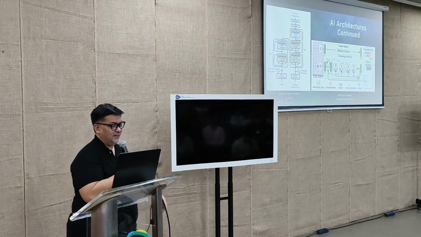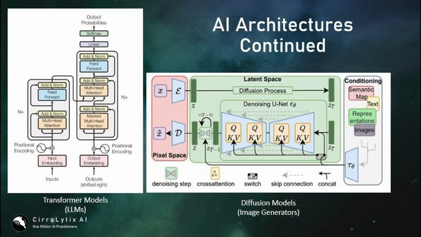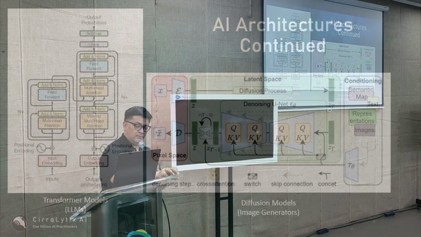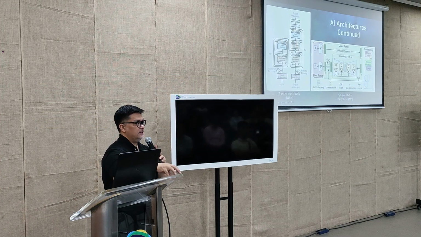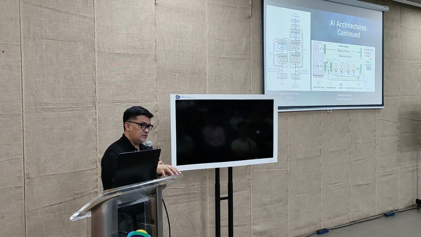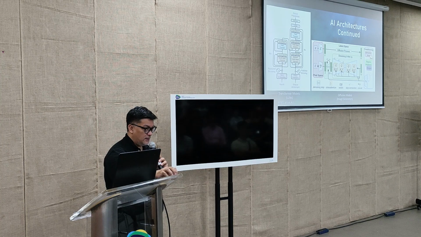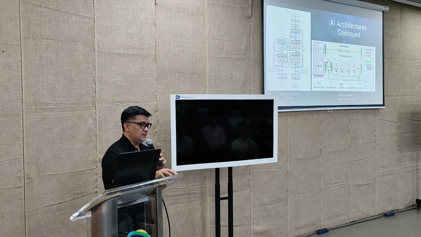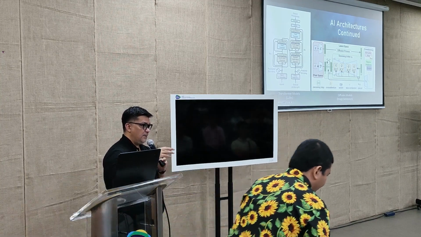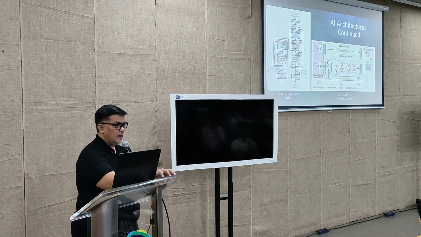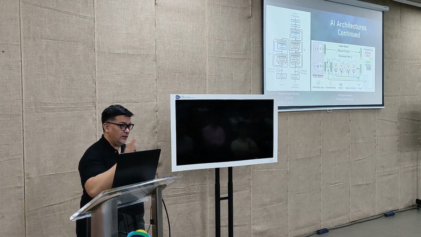This is not meant to be super technical, nakakatakot tingnan eh. But there are two major groups of architectures that are prevalent now in generative AI. No? One is called transformers, that's the one on the left. And the other is called diffusion. Why am I spending time explaining this? They are what dominates the world of generative AI now. So transformers are the underlying architecture behind ChatGPT, Claude, Gemini, Perplexity, etc. The diffusion models naman, these are Stable Diffusion, Midjourney, Pika Labs, Krea, etc. They work slightly differently. It's important to distinguish.